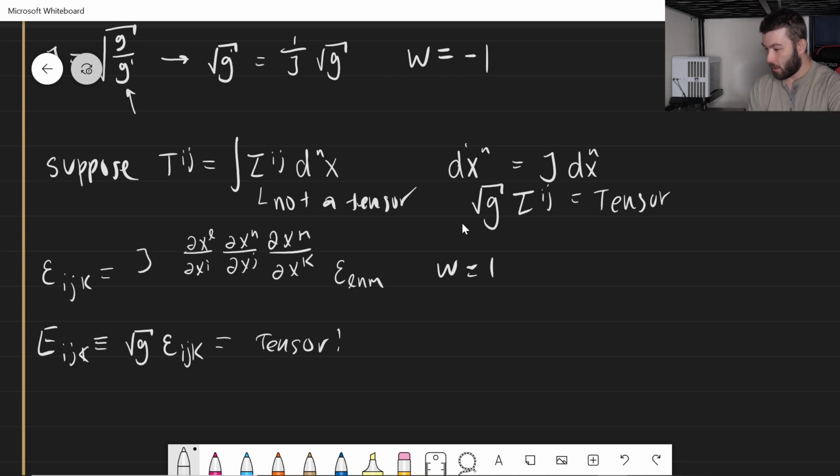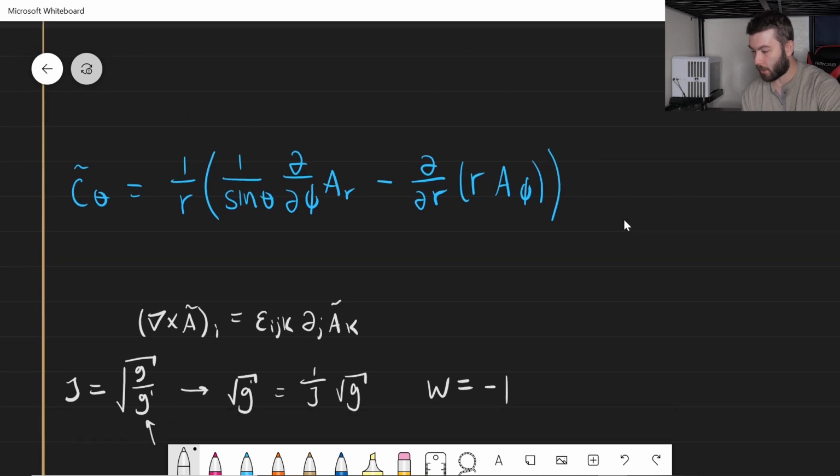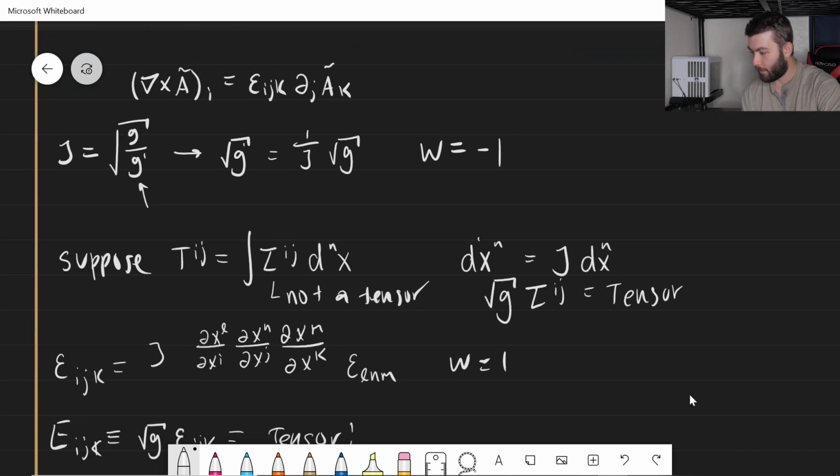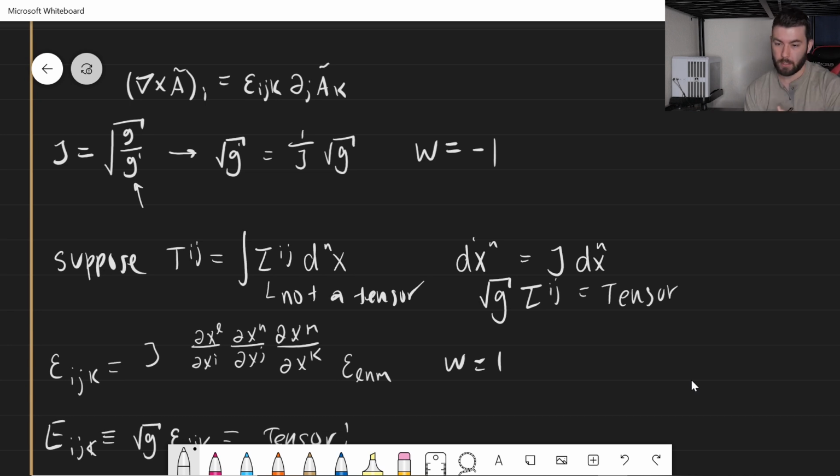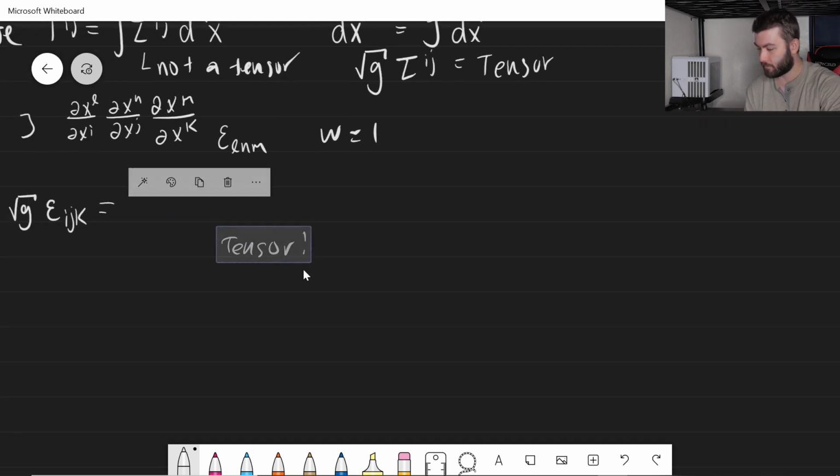Hooray. Now, for the purpose of this video, I've already gone through it. A little spoiler ahead. If we want to promote derivatives to covariant derivatives and all that good stuff, it turns out that it's much easier to do if we let these vectors be covariant vectors and the Levi-Civita tensor be the contravariant tensor. So what we just wrote down, it's a tensor, so we can raise its indices. But one might be tempted to keep that in covariant and have contravariant derivatives and vectors. That ends up being a lot messier, so we're going to instead define the contravariant Levi-Civita tensor, E